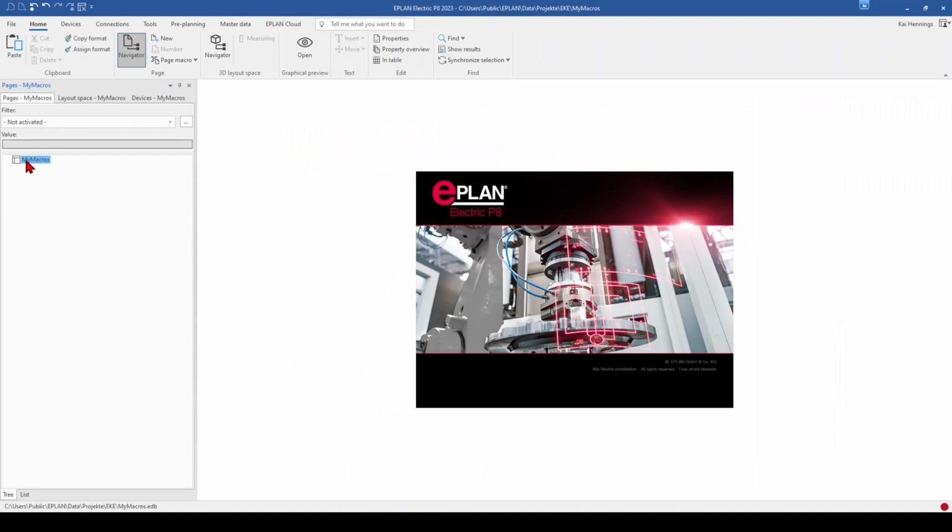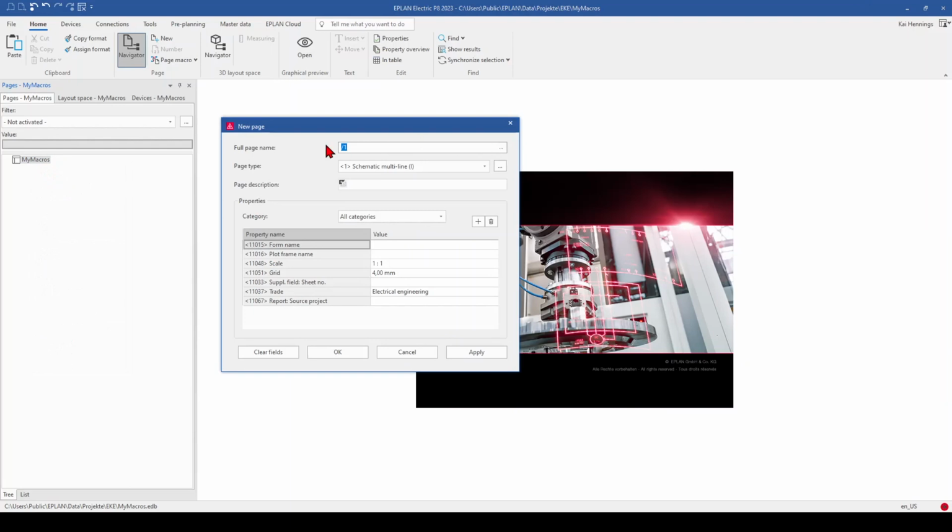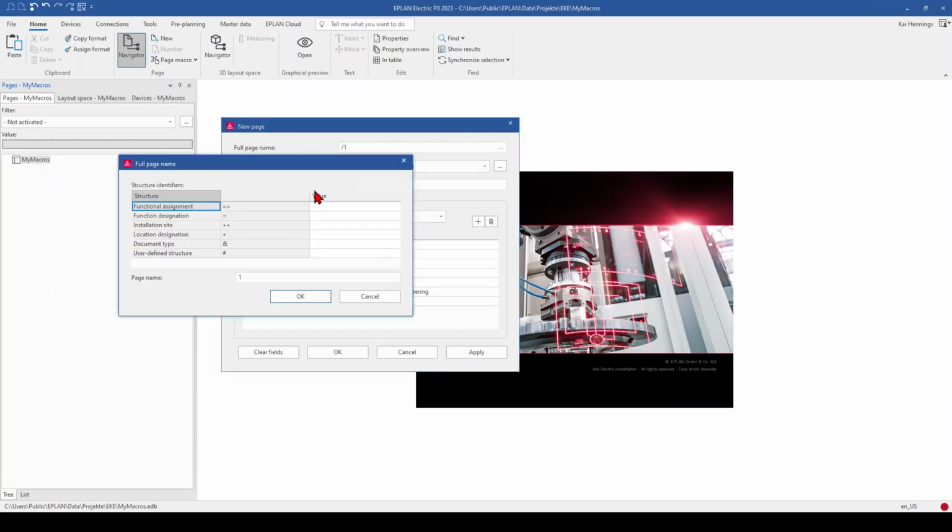And now we want to insert our first new page. And here comes now the problem with our structure and how we want to manage our macros. So we make a right click and on New, go here on Full Page, and then you need to add the values for your structure. And as I told you already, you need to think about your structure and your management in your macro project. I give you a small example. You can, for example, structure your macros like this. So we go to functional assignment and say, for example,